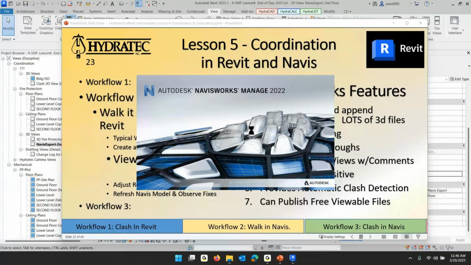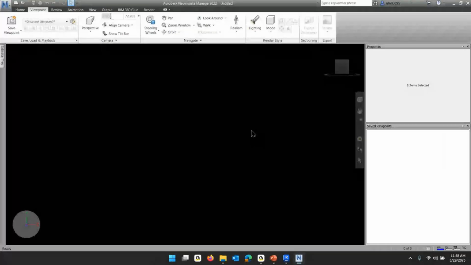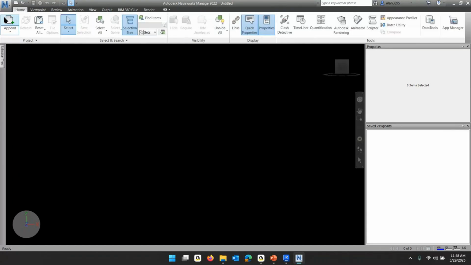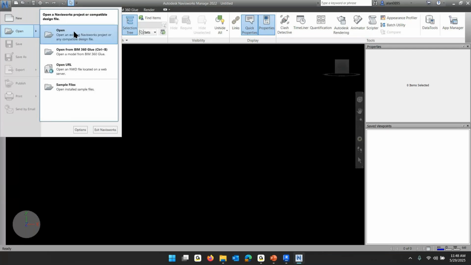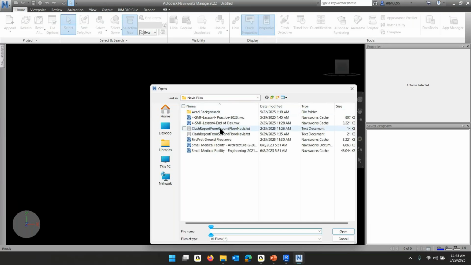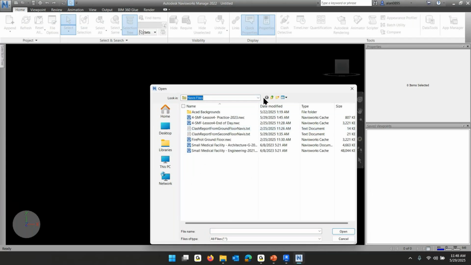And I'm going to use it to find and open the architectural model. So I'm going to go to Home, and I'm going to do File, Open, Open an existing Navisworks project, and I'm going to open from C,